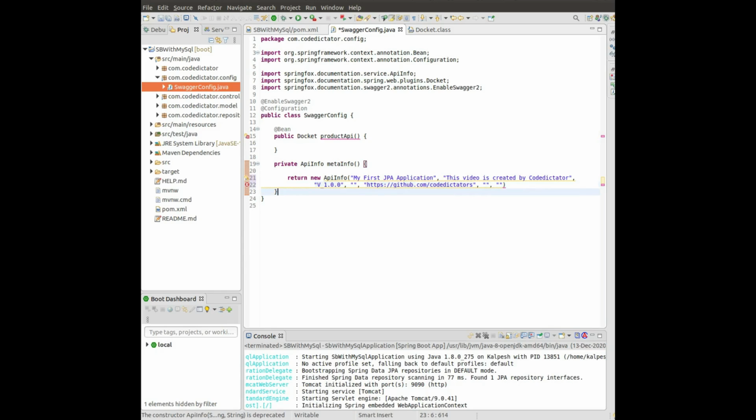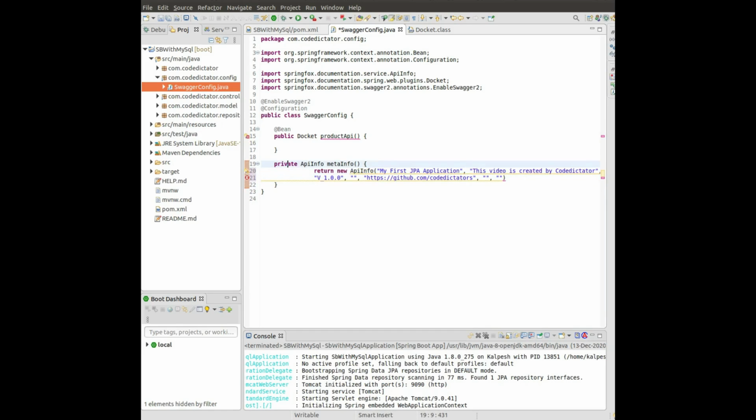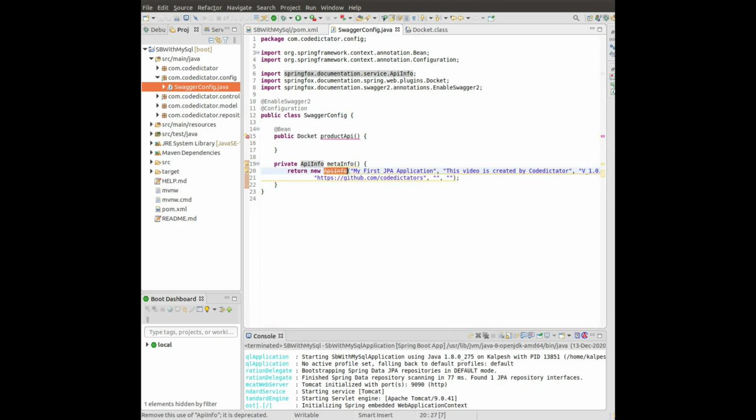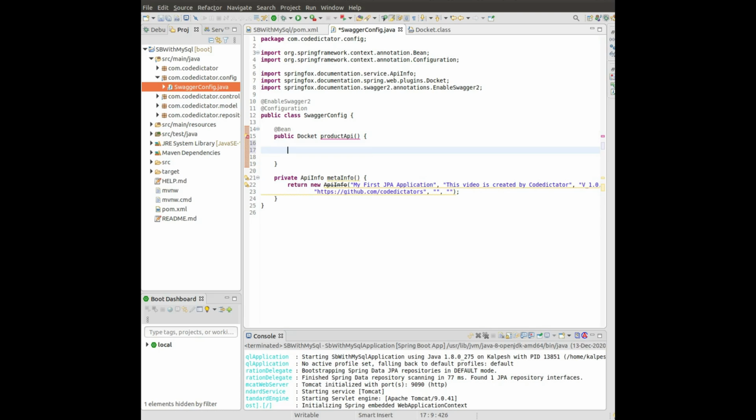So okay, we're done with the meta info, but this is the extra information of my application, and my Swagger is still not configured. And don't worry about this asterisk, because it's basically a deprecated method, but we are going to solve it very soon. Okay, so in the product API we are going to return new